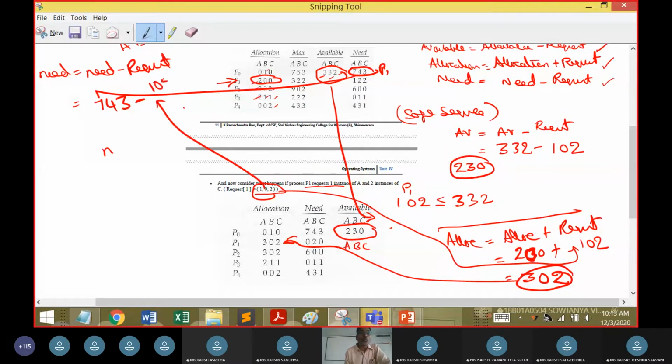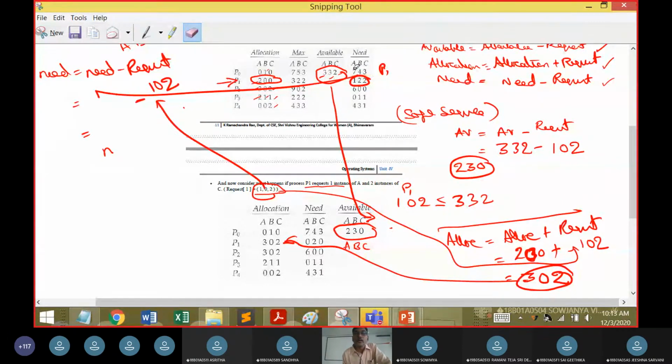P1's request was 102. So what is the new need we are going to assume? We have this 7, 4, 3 and P1 need was 122. So this is not 743 here.